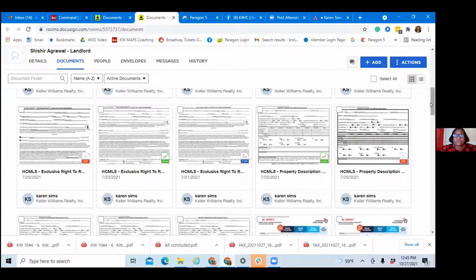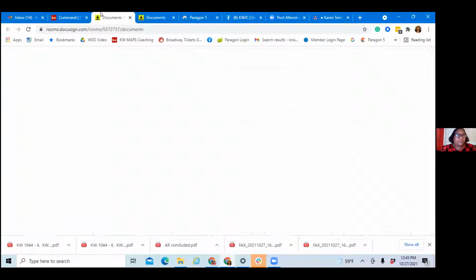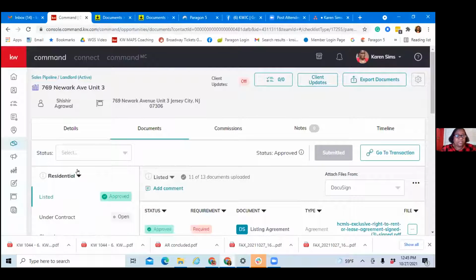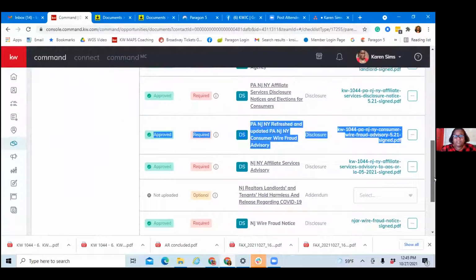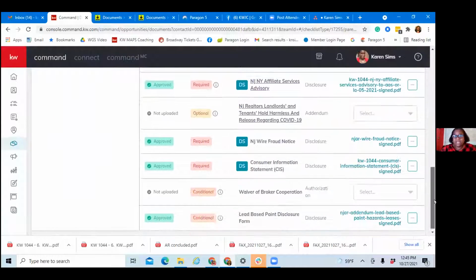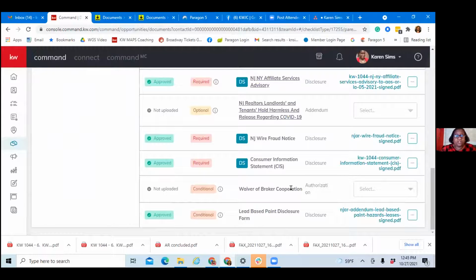Now, again, we're going to go right back to where we were on Command. You want to make sure you match everything up. All the documents that you got signed, you want to make sure you put them all in the required document. So if it says required,